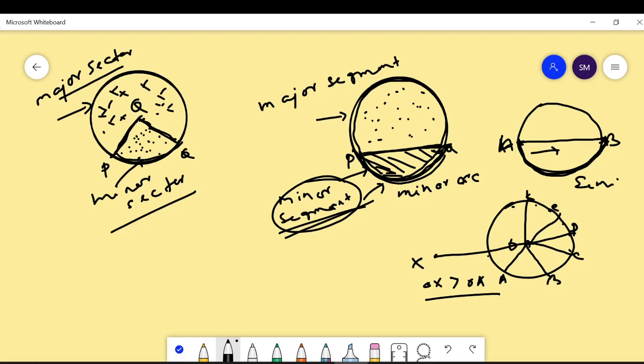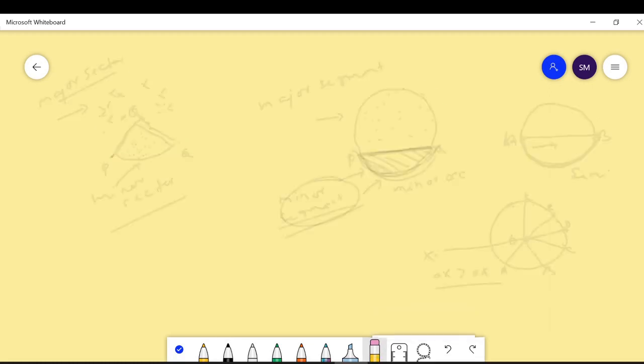This is a semicircle. The segment of a circle is the region between the arc and the chord. The segment is the area or the plane surface in the circle which is between the arc and the chord. The circle divides the plane into two parts. The chord divides the circle into two parts, major segment and minor segment.